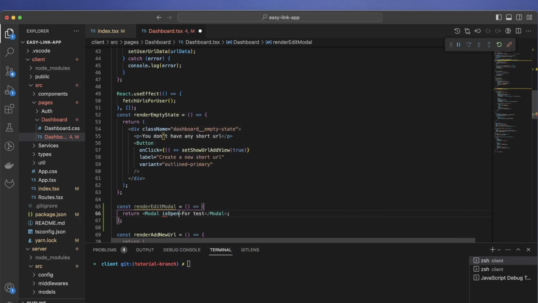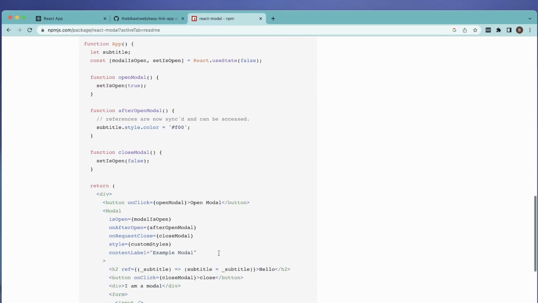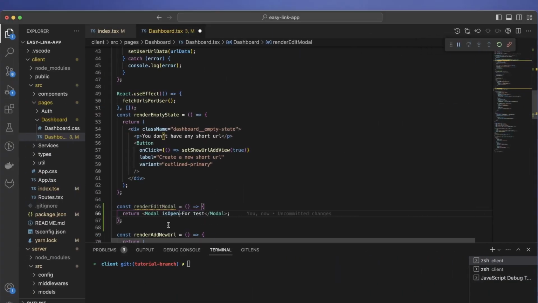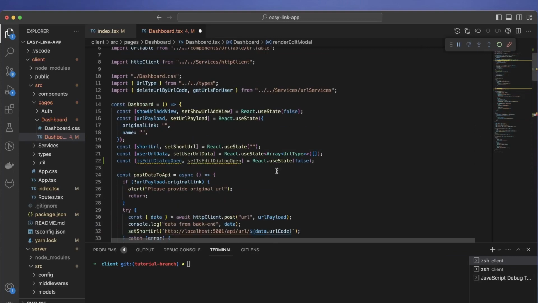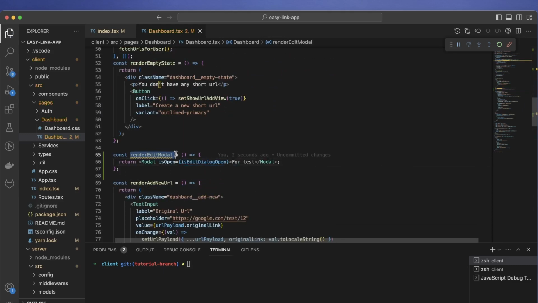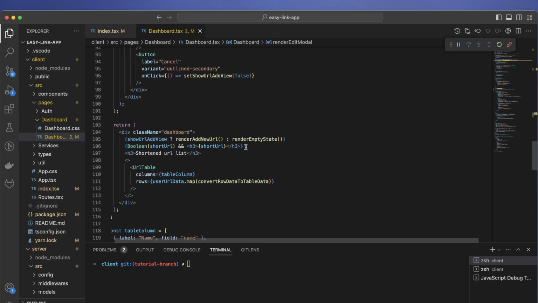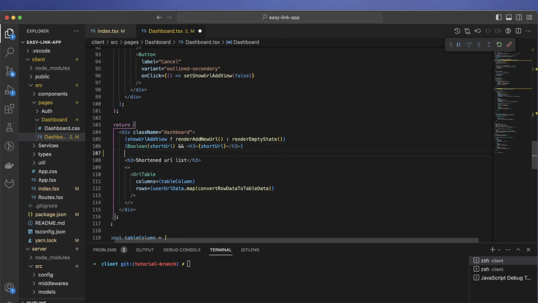So first of all, it is open, and you will get everything from the documentation here, so you can just check it out. And I will just do something is open, and then the is open will be whatever we have given here. So let's just copy this, and then we need to render this edit model. And where are we going to render the edit model? That's an interesting question. So I would say somewhere here, I guess here we can just do,